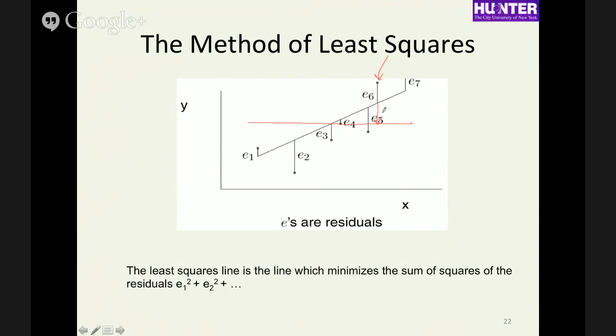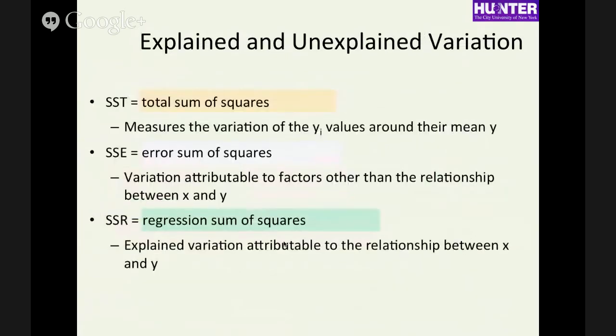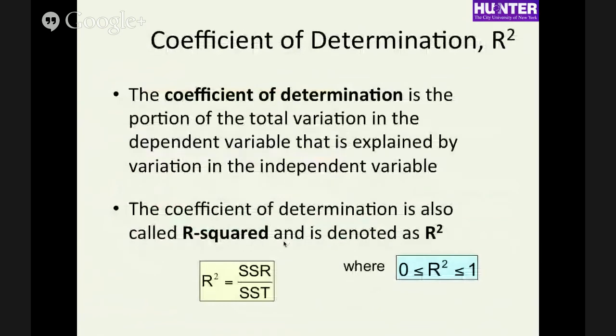Right? So we're saying that this is the total amount by which data point 6 differs from the overall mean. There's the component that is explained by the regression, and then the component that is not explained by the regression. And this is saying that when you square those and add them up, you have this relationship. And this is important because